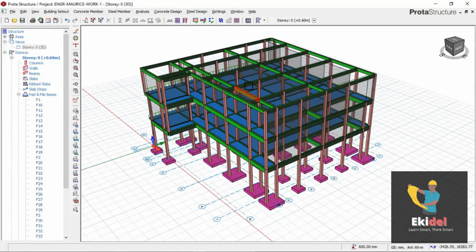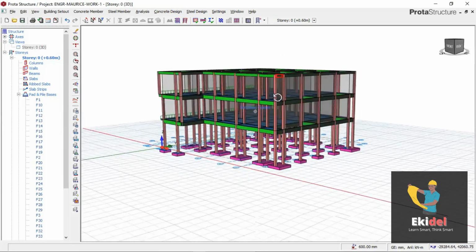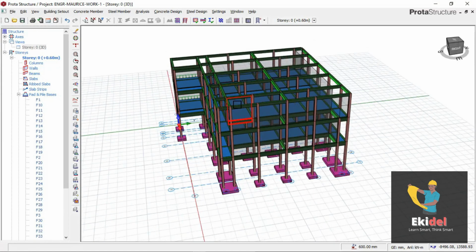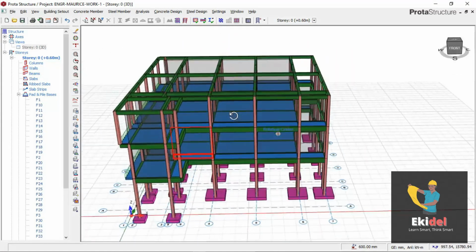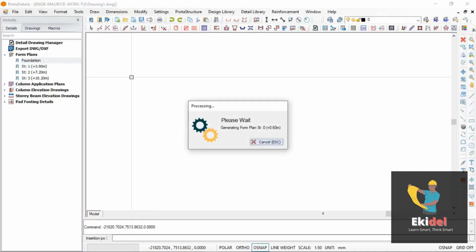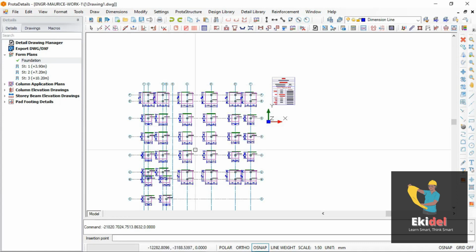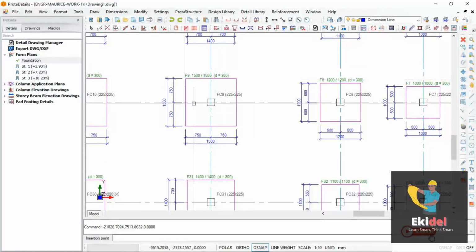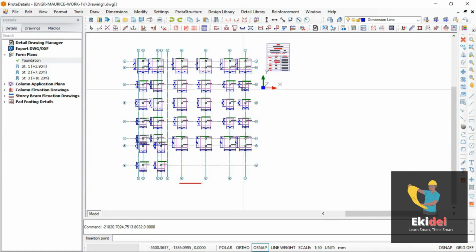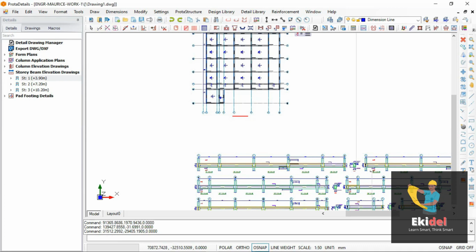done any structural detailing. So, in my last video, which I'll also drop the link to on the comment section or in the description, we did a video on how to export structural detailing from Prota Structure down to AutoCAD. Now, when you come to AutoCAD, you have to perform the full structural detailing because Prota Structure will only give you some parts of detailing, and most of the Prota structural detailing is not